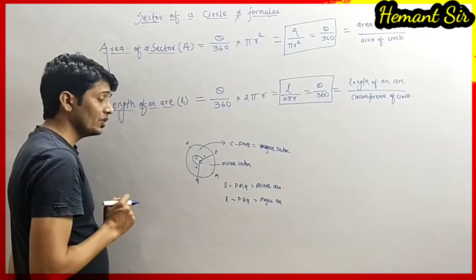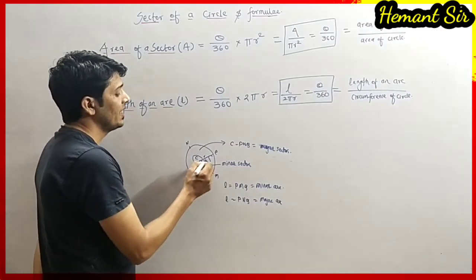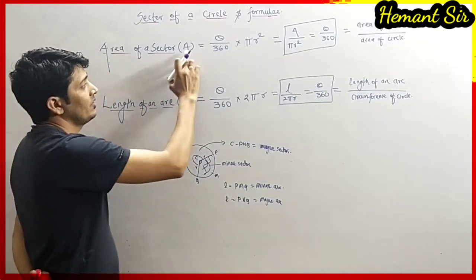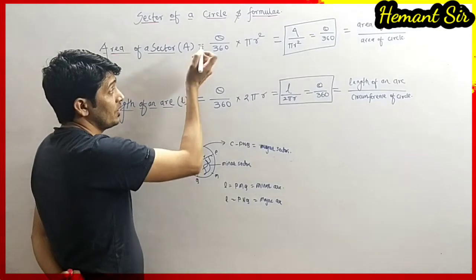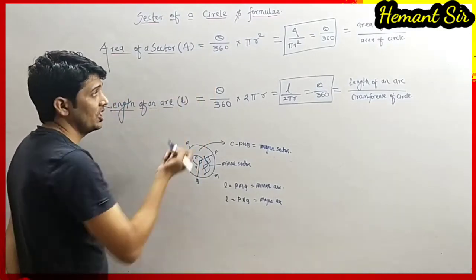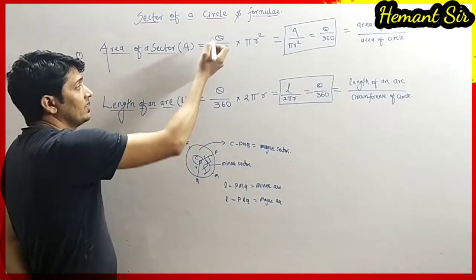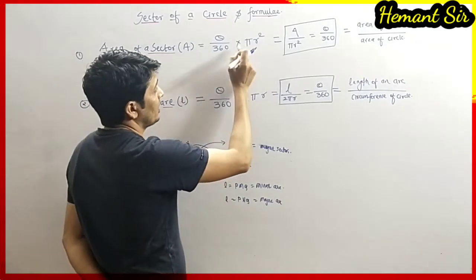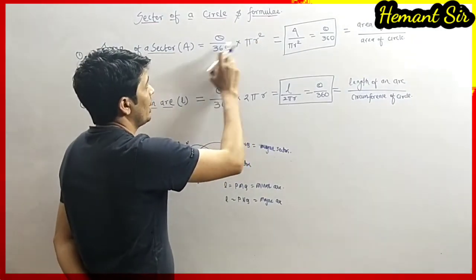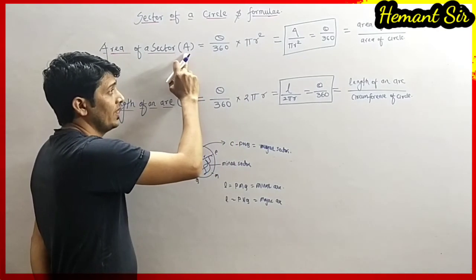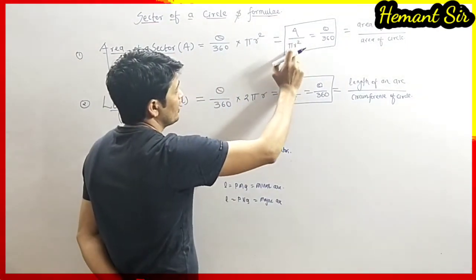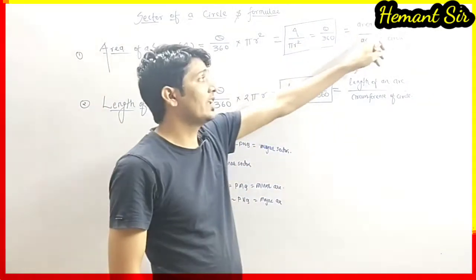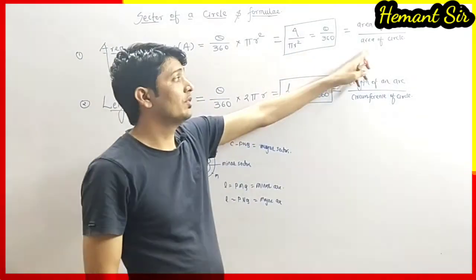Okay. Now what will be the formula to measure the area for the minor or major sector? So we have area of sector. It is represented by capital A, which is equal to theta divided by 360 into pi r square, where theta is the central angle of the circle. Okay. So if we transfer this part to another side, pi r square will come in division of A. So it will be A divided by pi r square equals theta divided by 360. That means A, the area of a sector, divided by area of a circle.